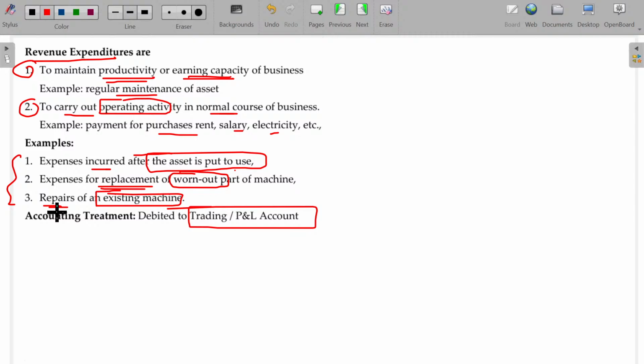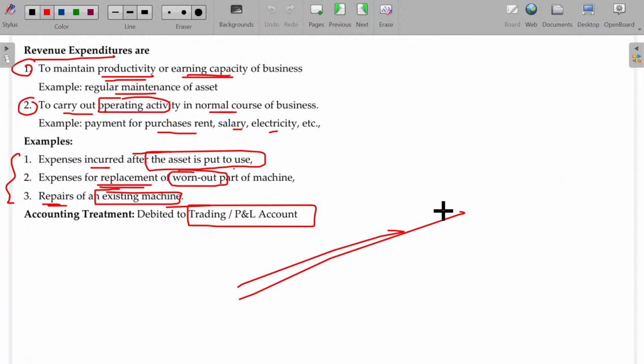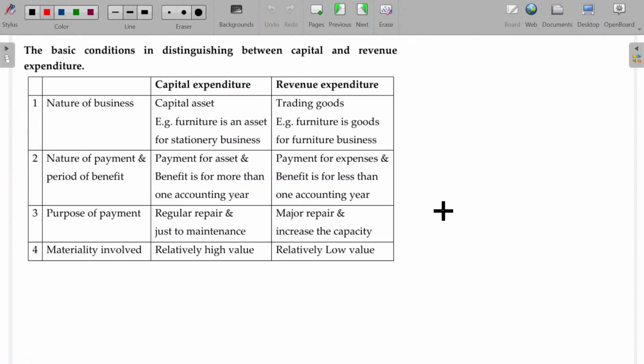Is that clear? If the expenses are related to the machines in the workshop, the repair expenses will be debited to the manufacturing account. Otherwise, it may be transferable to the trading and P&L account of the owner. Right. Hope now you'll be able to understand this part. Capital expenditure and revenue expenditure. Now let's go for